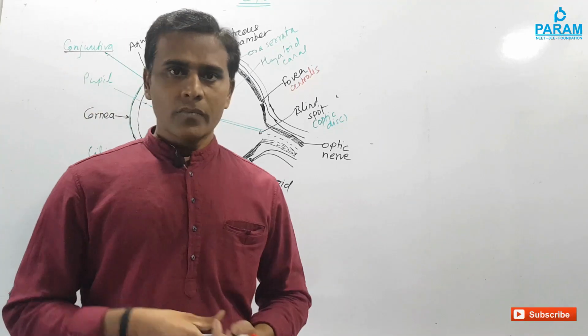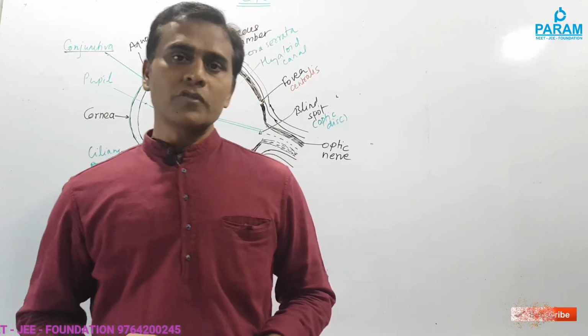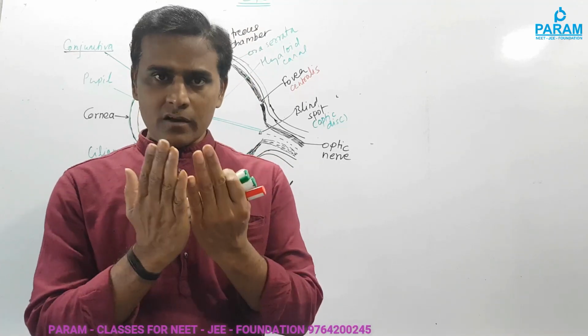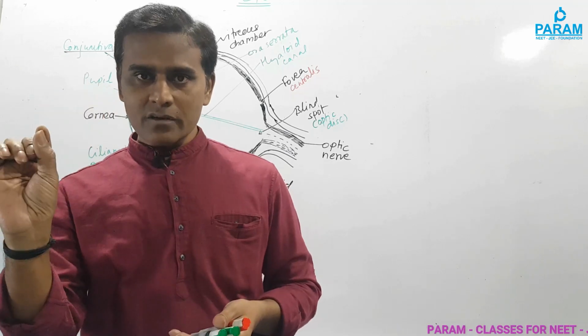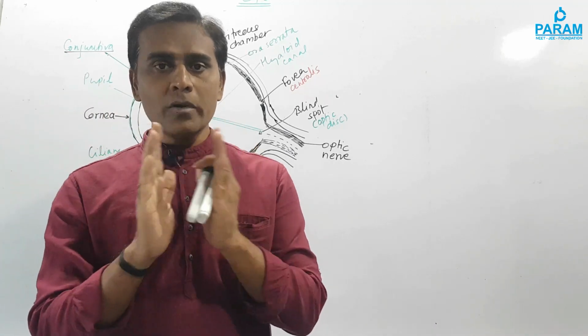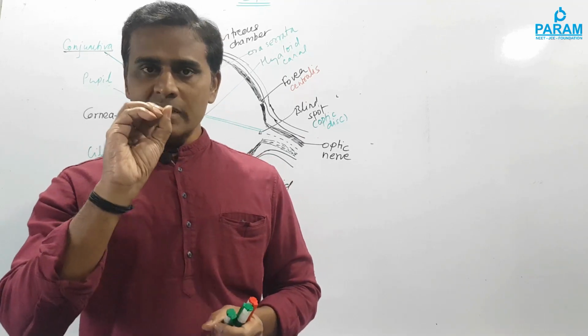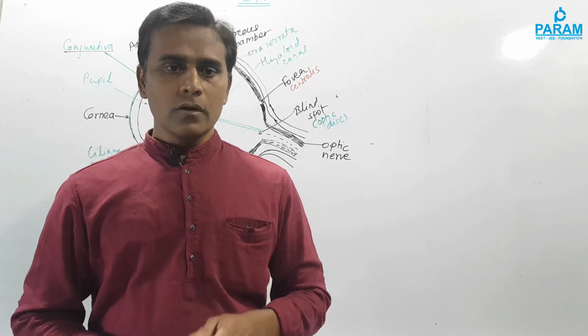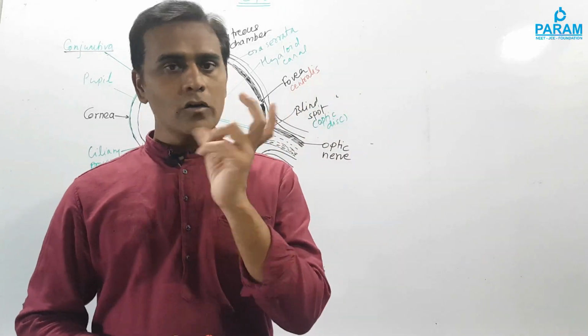As you know, the eye is a spherical structure, located in the orbits of your skull, with a diameter of 2.5 centimeters, and its movement is supported by different kinds of muscles present in it. There are basically 6 kinds of muscles present in your eye which regulate movement of your eyeball.